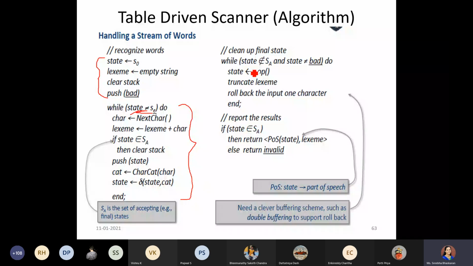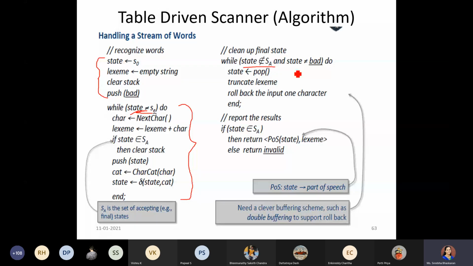We have the condition given as: if the state is not an accepted final state, and if you don't come across any final state, that means in your stack you would have this content bad.